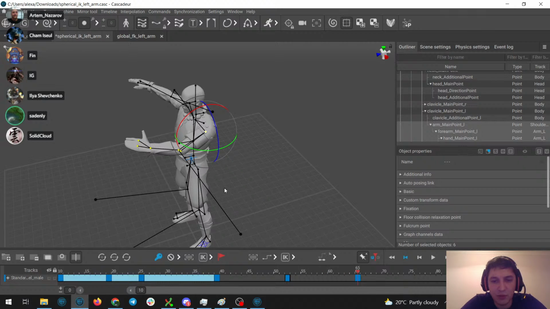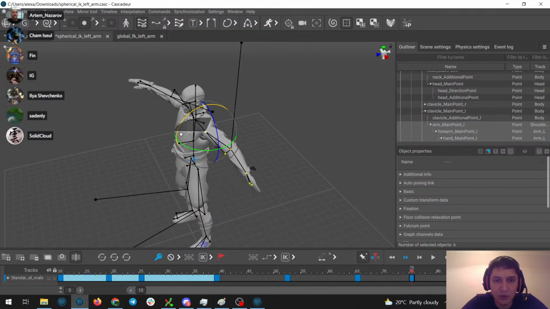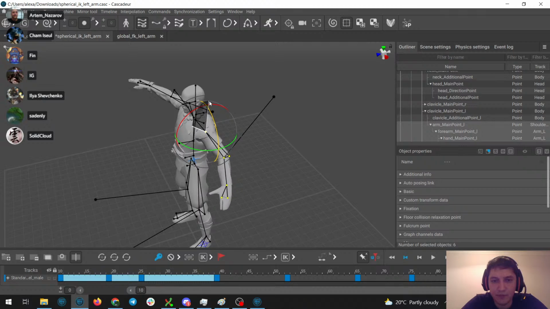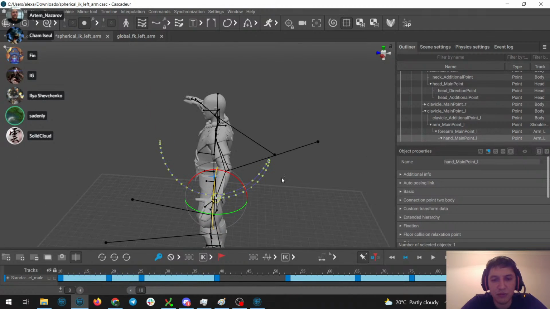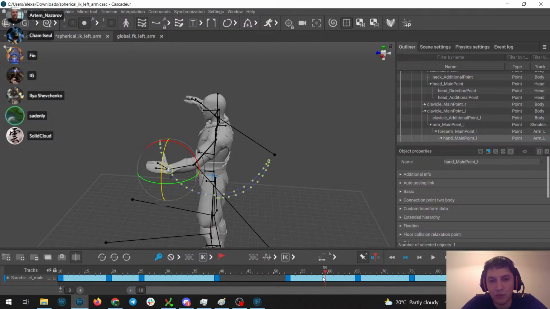Copy the frame, and now I'll have several frames just to show how it works. Now I'll turn on Bezier interpolation and let's see the trajectory, and you can see that it is not working as a standard IK would work.